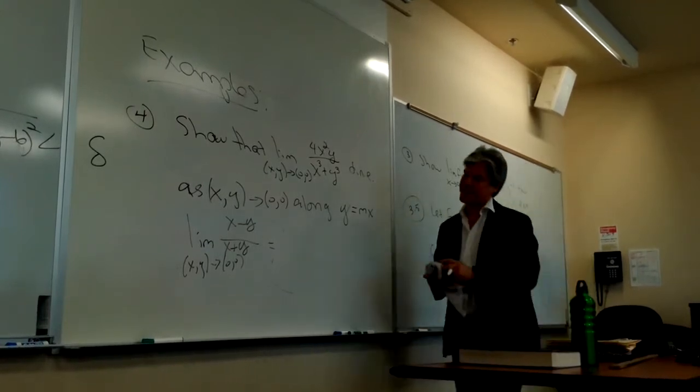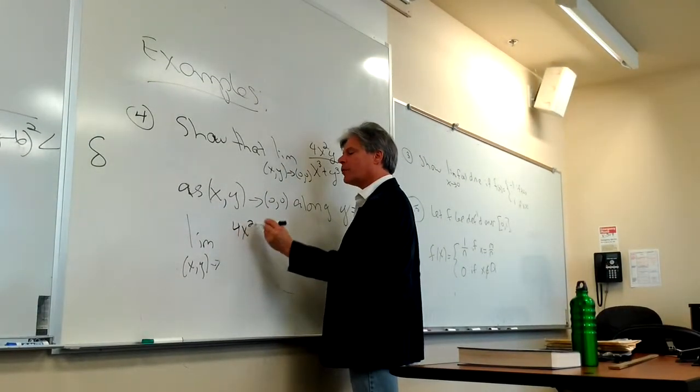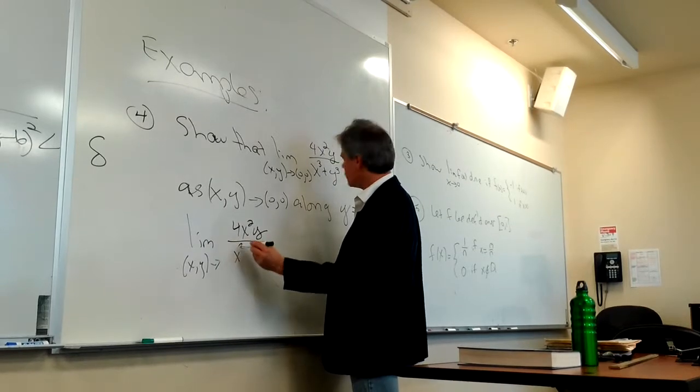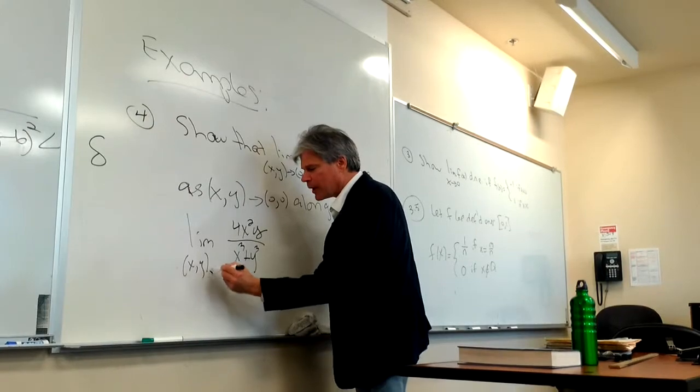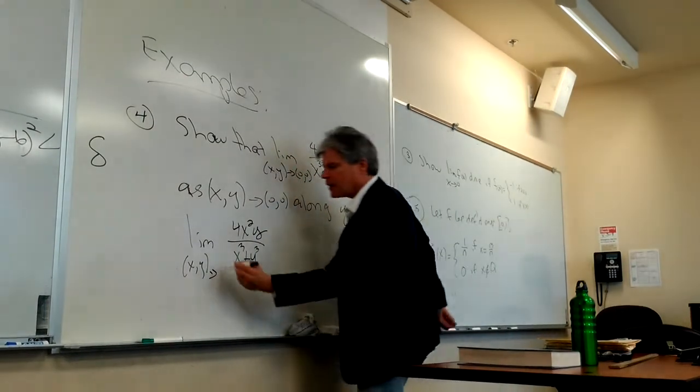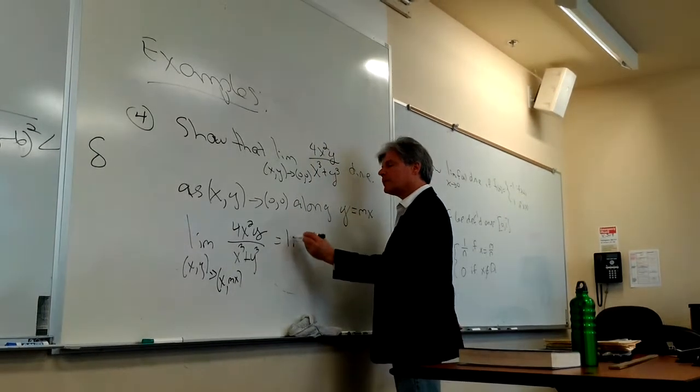Then I think I get the following. The limit of 4x squared y over x cubed plus y cubed, as x comma y goes to x comma mx, is merely the limit